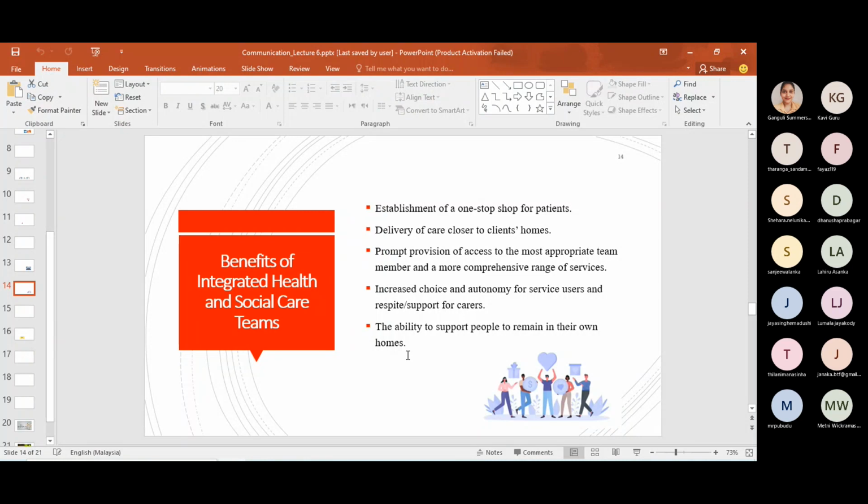For example, let's say company A and B are in a partnership. Company A doesn't have home visit services, but company B has home visit services. So if they are in a partnership,